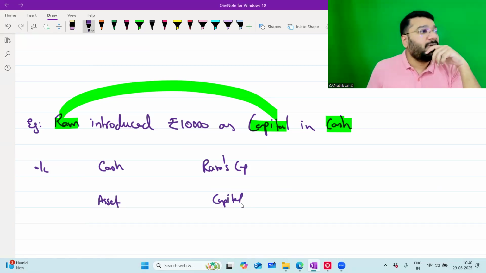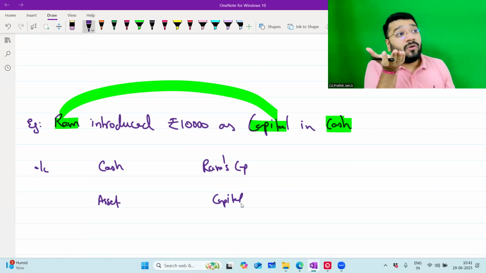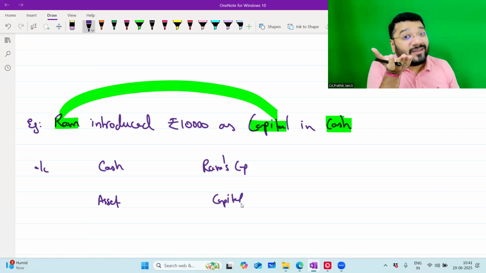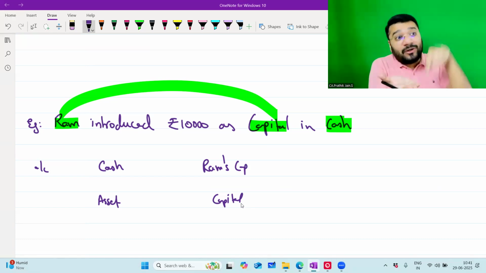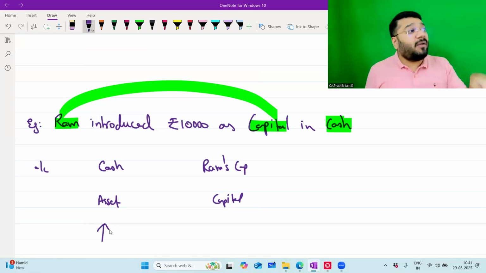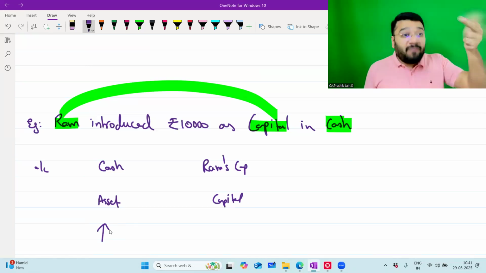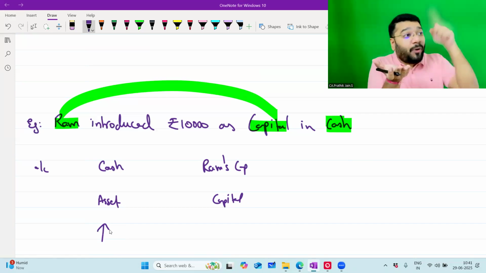My question to all of you. Ram is giving what to the business? Ram is giving cash to the business. Today Ram gave 10,000 rupees. So in business, how much money is there? 10,000. Tomorrow, Ram gave another 10,000 rupees. Now business has 20,000 cash. Day after tomorrow, another 10,000 rupees: 30,000. So if more cash comes inside the business, the cash in hand will increase or decrease? Increase. So money coming in means the balance will increase. What will be the impact on the cash balance? It will keep on increasing.